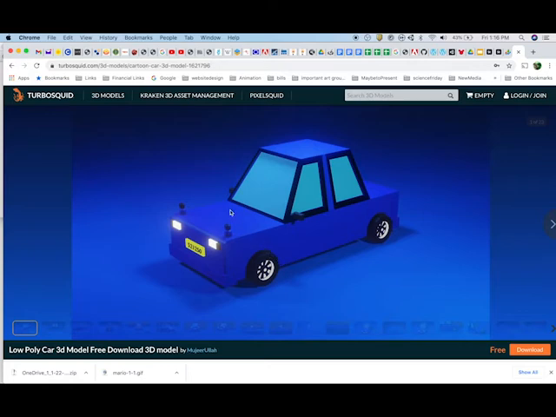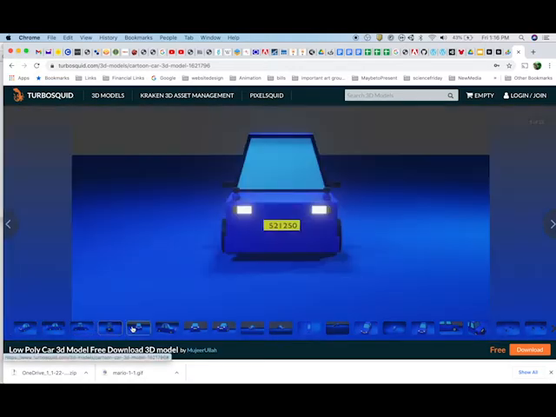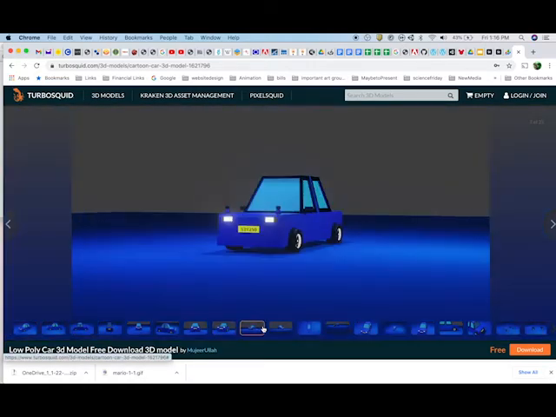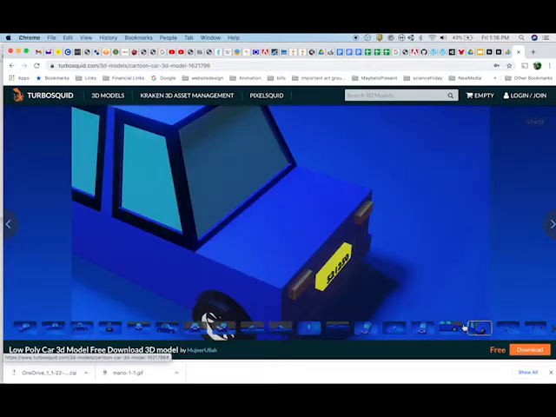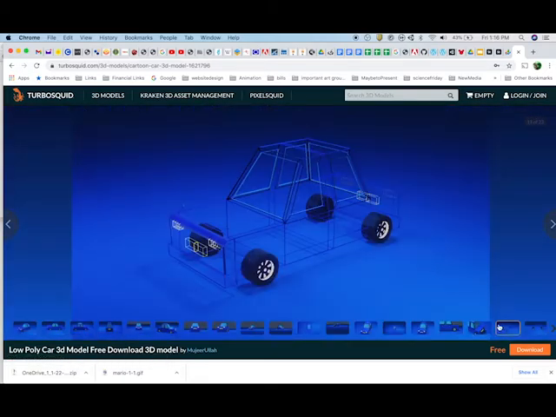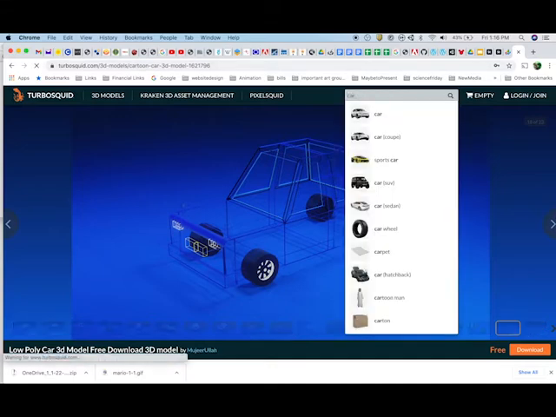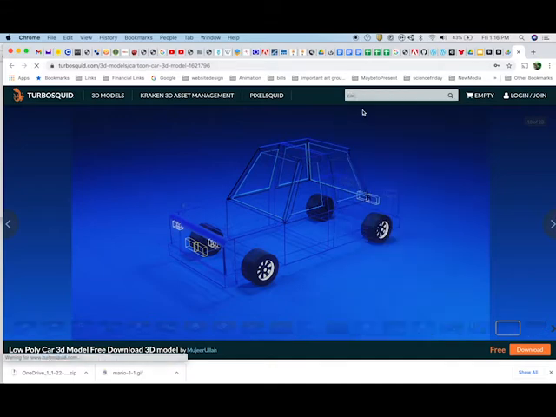So like 2D work, there are stock sites that sell these models, except in this case, you're not buying an image, but you're actually buying a three-dimensional model that you can use and modify as you need. And because the actual whole model is created, you can rotate it to any angle you need. You can see here the basic shapes that create this object. Now I can search for a more complicated car,